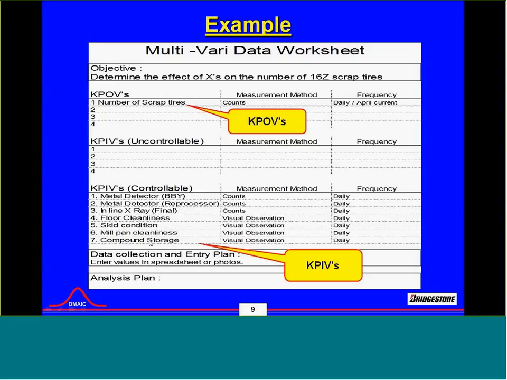If we go here, and cleanliness, visual observation. Because this is a passive test, we're not going to do anything to affect the cleanliness. If I'm a DOE and this came up as a KPIV, one thing I would do is I would measure it once with the pan clean, and I would measure it once with the pan dirty. But we don't have